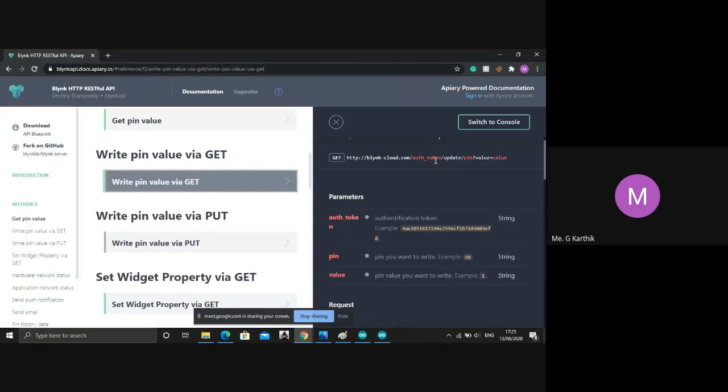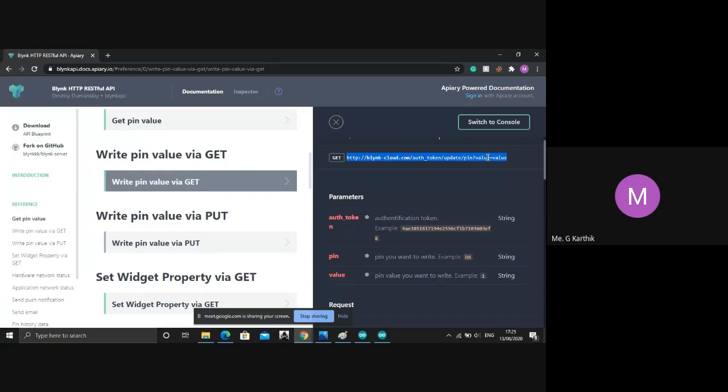Using this link, we can control our NodeMCU device from the browser. It's the same thing as when we go into Blynk and switch our device on and off; sending this particular link is the same thing.